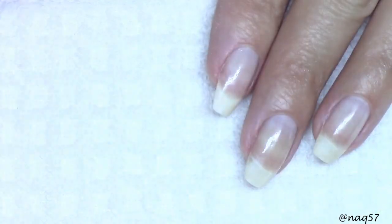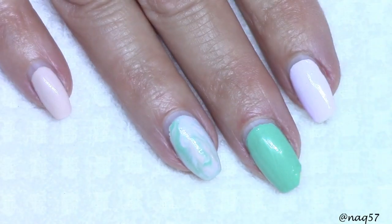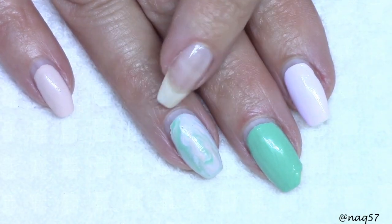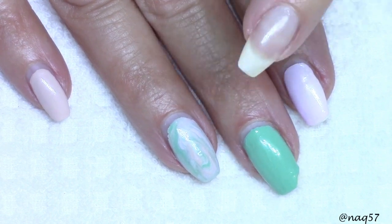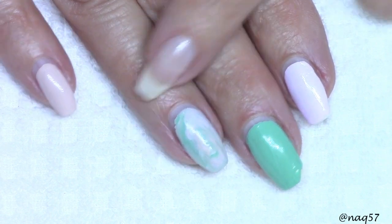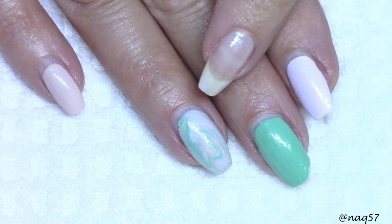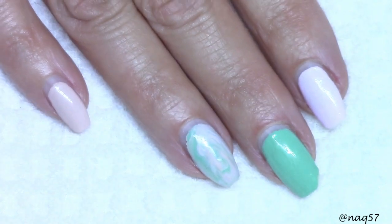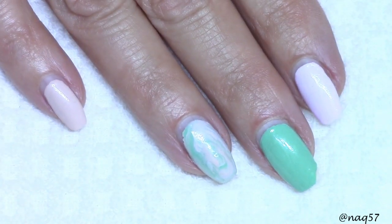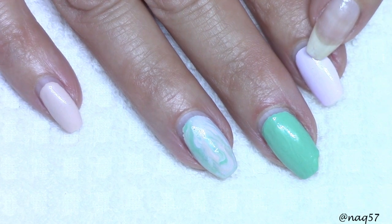However, since I was on a roll, having put the gel top coat on the left hand, I went on and put the gel top coat on my right hand. So I sandwiched the water decals between the two gels, and I was like, oh darn it. I was very worried because I was afraid I was going to have to peel it off to remove it. But believe it or not, I was able to remove the gel top coat that I applied to the